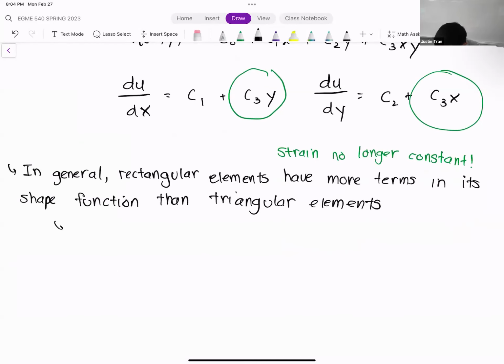Having more terms generally leads to more robust solution behavior.